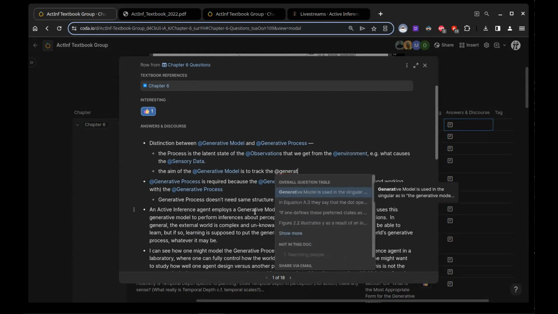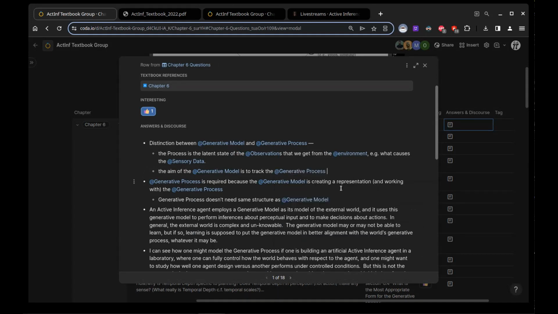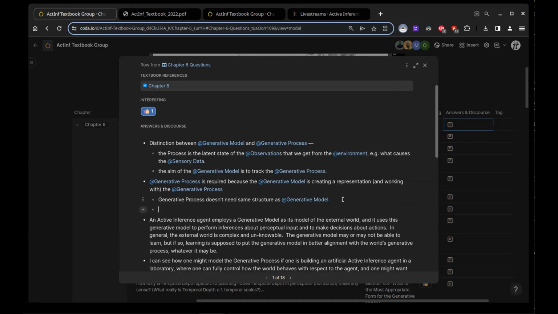But on the other hand, recently I got to the understanding that it's not so straightforward to separate generative model from generative process, because in some situations, we might never know what the generative process is, what actually constitutes it.